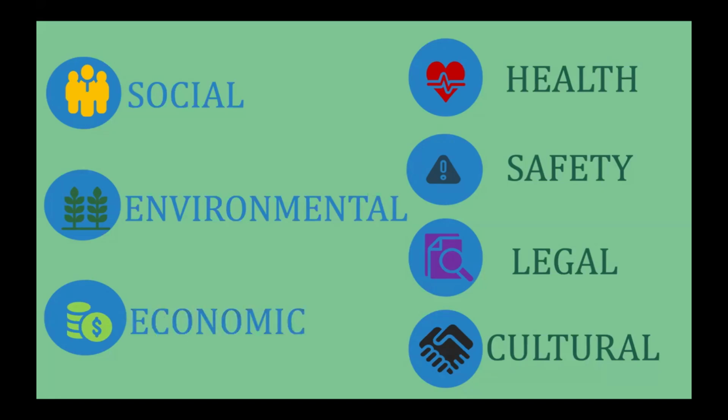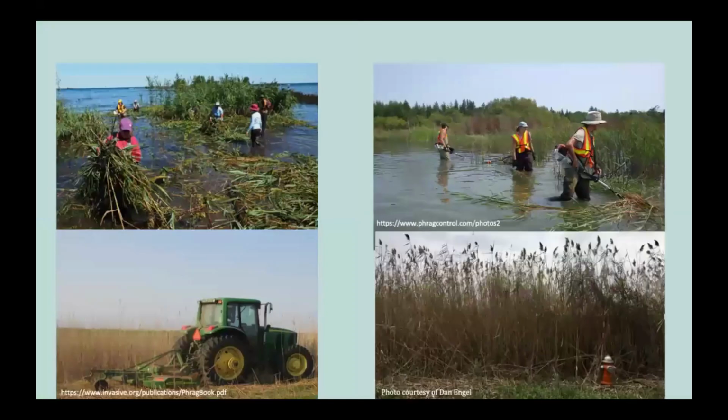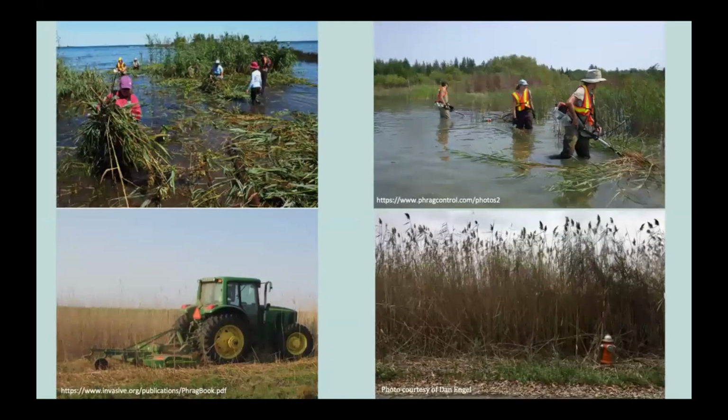Economically, our solution is cost-effective for managing Phragmites, but has a high initial cost. Health-wise, it is natural and non-toxic, but requires worker protection during handling. For safety, it is durable and energy efficient, if properly installed. Legally, it supports conservation laws, but may face land use challenges. And finally, culturally, it honors traditional building, but may not suit modern tastes. In summary, adopting Phragmites for thatching has several advantages across different aspects. However, it is essential to balance these benefits against the potential challenges and address them by collaborating with engineers, policymakers,